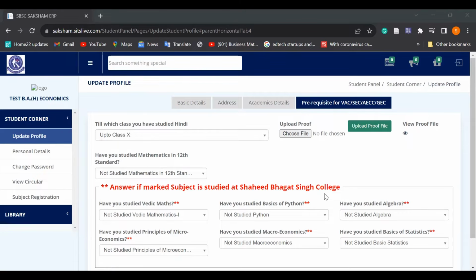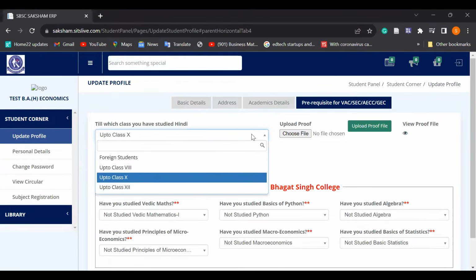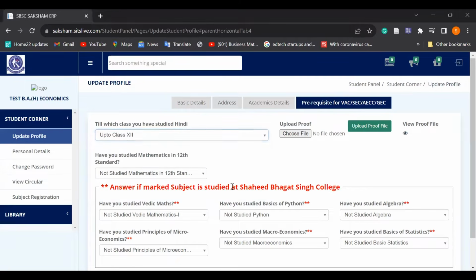Till which class you have studied Hindi. This information will be used for allotting you the AEC Indian language based on your acquaintance with the language. If you have studied Hindi till class 12th, please upload your 12th mark sheet and you will be allotted Hindi A. If you have studied Hindi till class 10th, please upload your 10th mark sheet and you will be allotted